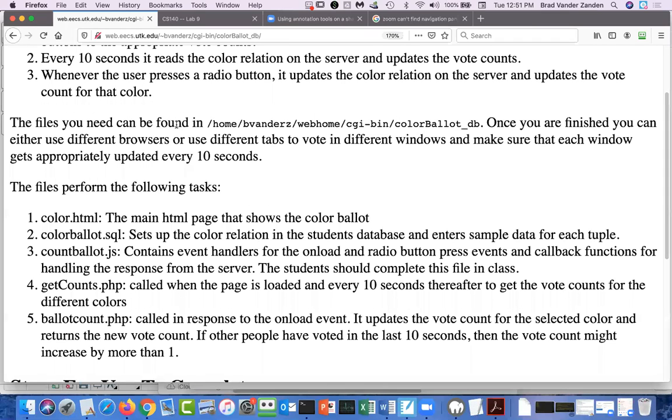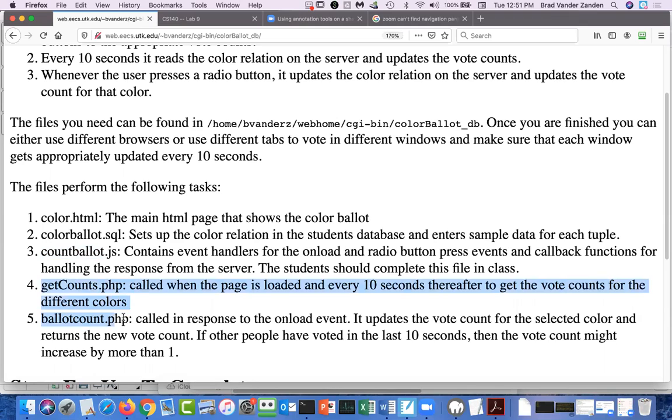First of all, there's a bunch of files. They have all been written for you with the exception of countballot.js. So you're not going to modify any of the other files. In fact, if you have some questions about how to do things for either the second or third web project, these files are helpful.